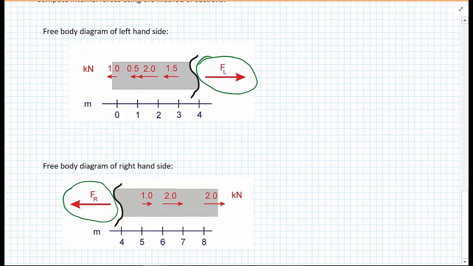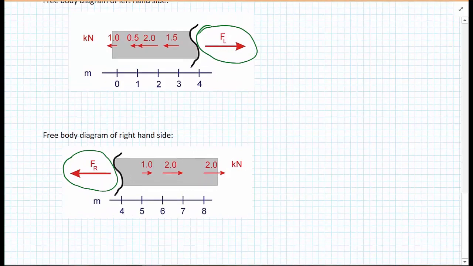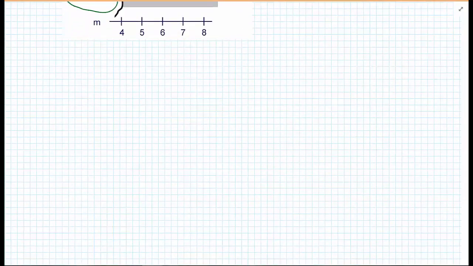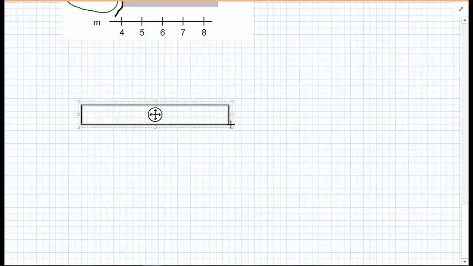And we'll use this concept all the time in getting either axial force diagrams, shear force diagrams, or bending moment diagrams. And so just as a sneak preview of how we're going to go with the rest of this section of the course, we can imagine we have a beam, and this beam maybe is simply supported, so pin supported on the left hand side, roller supported on the right hand side,